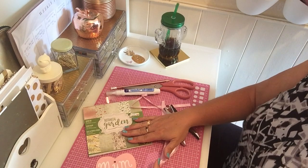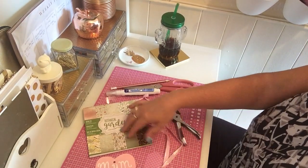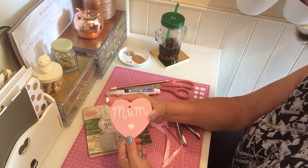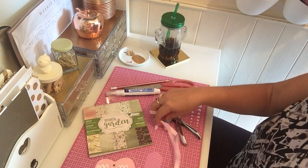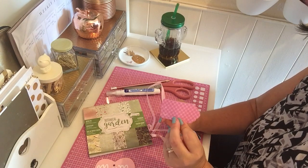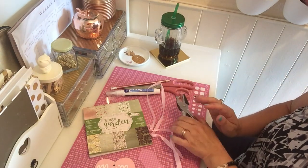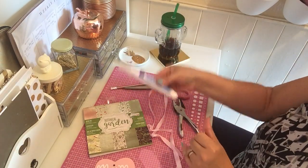Today I want to share a little tiny craft using bits and pieces I already had. I took this mum heart off of the little Wickham wreath I did yesterday, including the ribbon. This is what I'm going to be using. A tag out of a tag book I believe I got from either Poundland or Poundworld. A single hole punch,